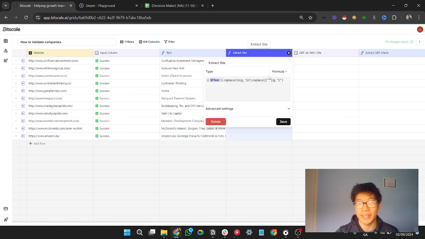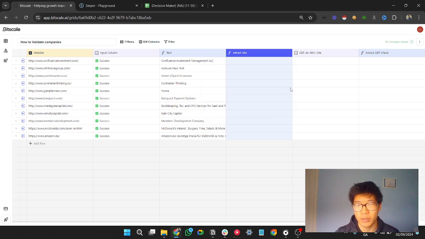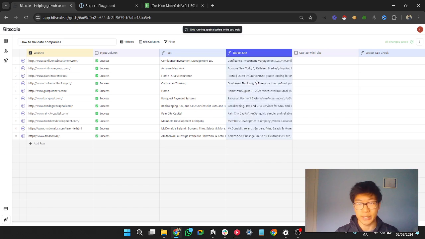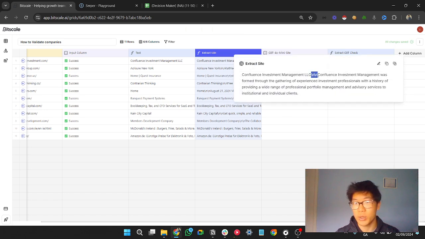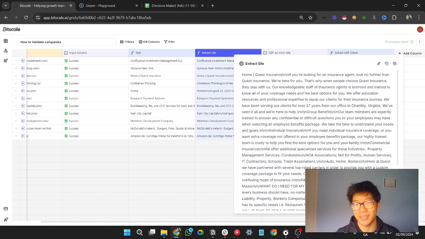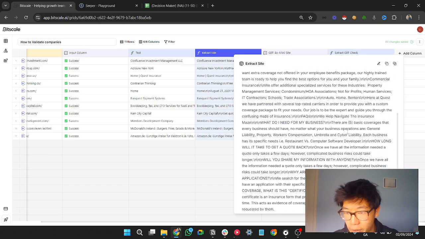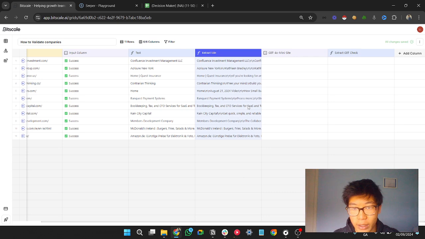And then what you do is, this shouldn't be called extract site, it should be called normalized site. And all you do is you put the text inside here, and it'll remove any new lines, and it'll remove any quotation marks. So I'll just show you by running it. So just let it run, and as you can see here, you see how it has the \n here. This means new line in robot people language. So \n, and then if I can find a double quotation mark here, I'll show. But I don't think I'll be able to